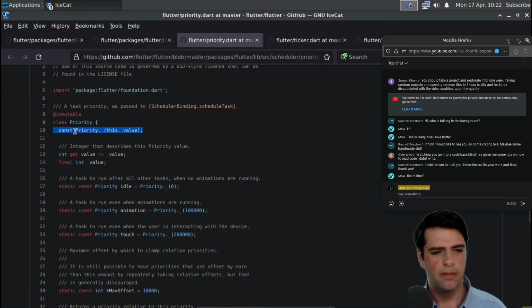This must be, I guess, like a constructor in Dart. I'm not sure I remember exactly how constructors work in Dart. So we have an integer priority value. So this is